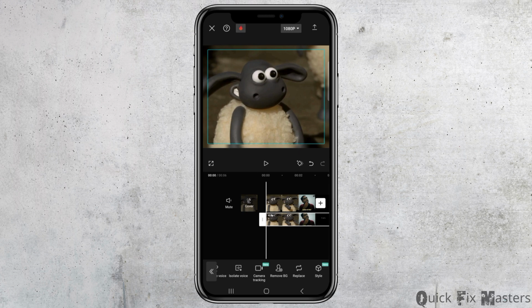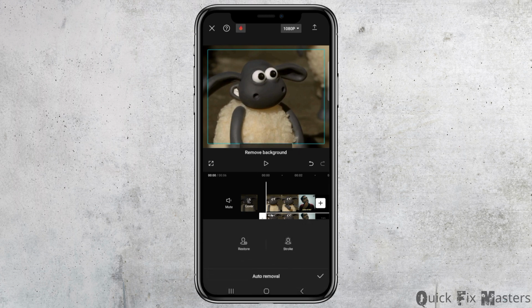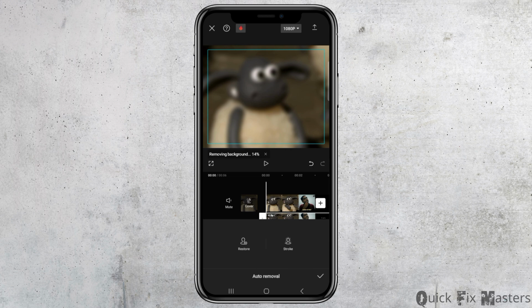You have to scroll to the next option, that is remove background. You can either go to auto removable, or you can also go to the custom background removable, in which you have to custom the very thing in which you want to remove. I went to the option of auto removable, and after you go to the option of auto removable, you have